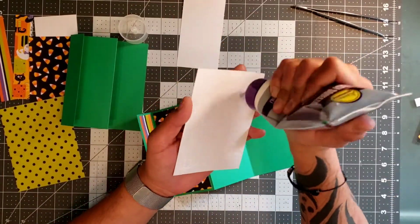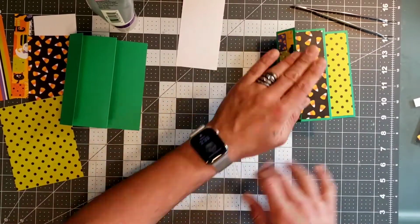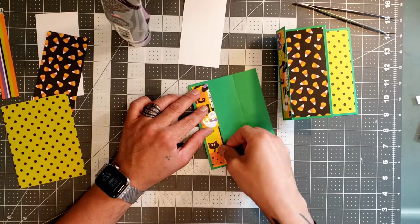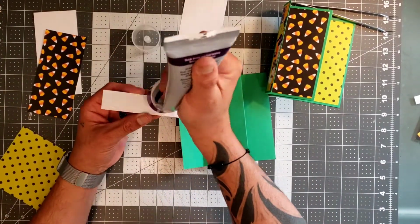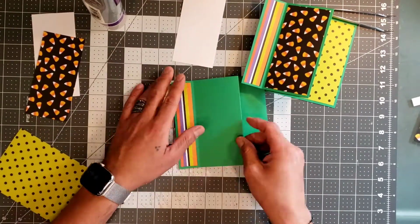That one we're going to do last, because we're going to stamp a sentiment on that. And so that's why we're just going to lay down all of our little DSP paper. Now I do bring a varnishing roller out, but you have to be really careful